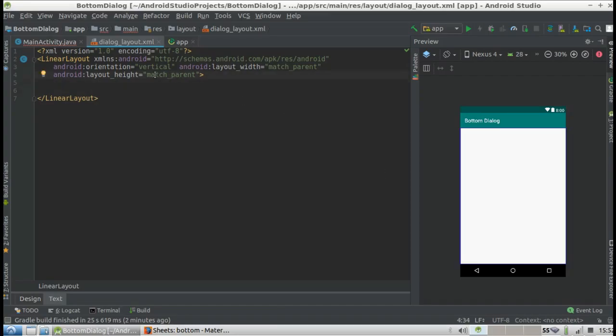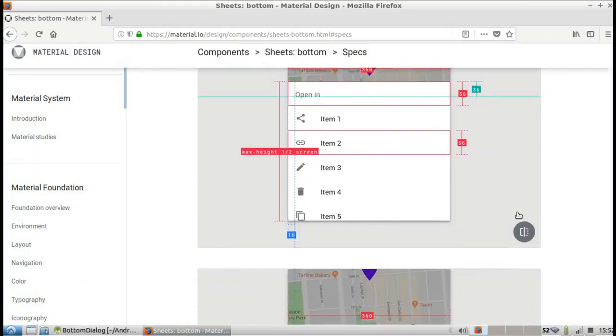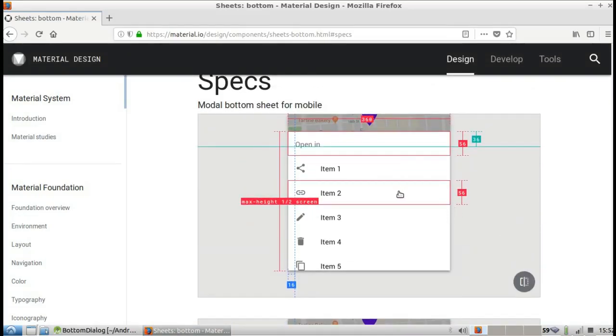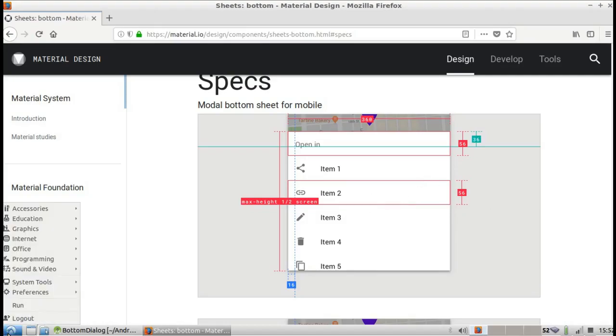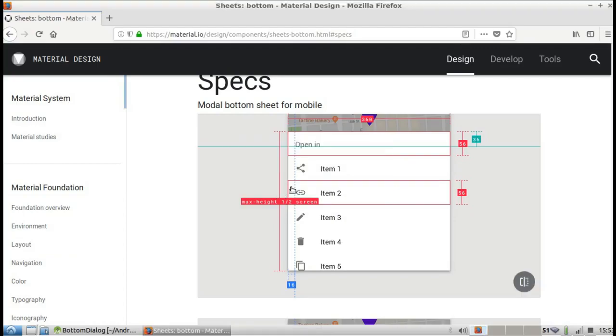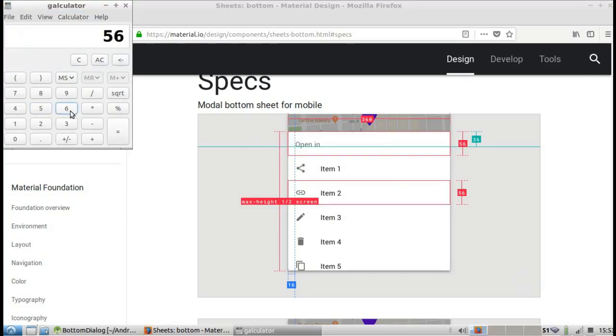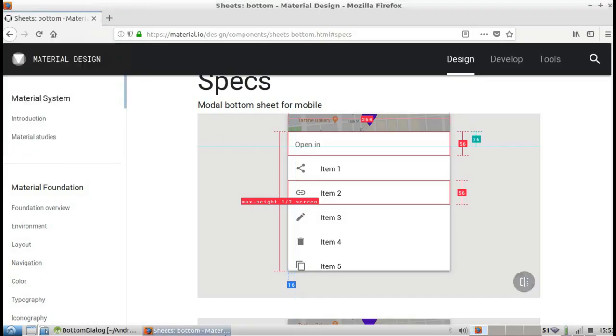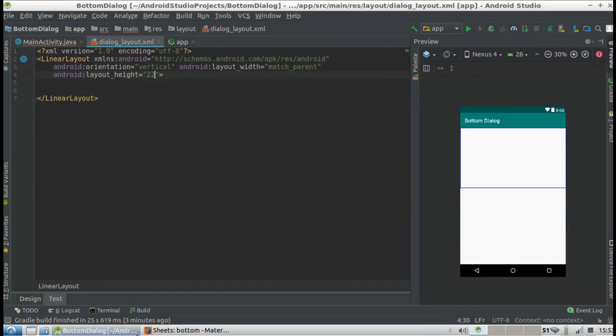So height, because we have 56 dp in each section, we need to multiply it by 4. So let me open the calculator. 56 times 4, 224. That's our height for our dialog layout. And then orientation of vertical,